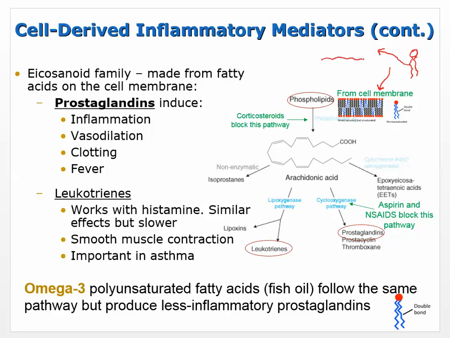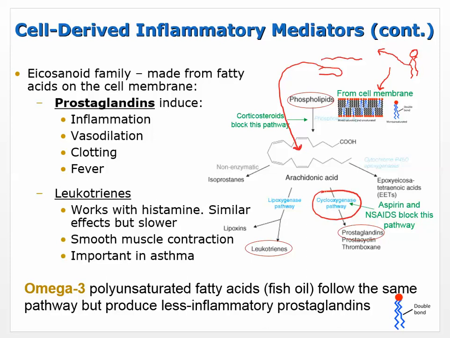So it breaks it off, and phospholipase is what does that. Then there's a series of enzymatic reactions that twist it around, kind of like a hairpin or a paperclip. While this started out as a tail of a phospholipid, now it's been bent around and turns into something called arachidonic acid. Arachidonic acid doesn't really do anything, but the next step is what's important: this arachidonic acid, which was ultimately just a lipid tail of a phospholipid, can be turned into